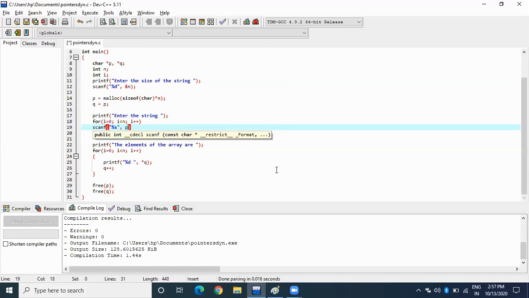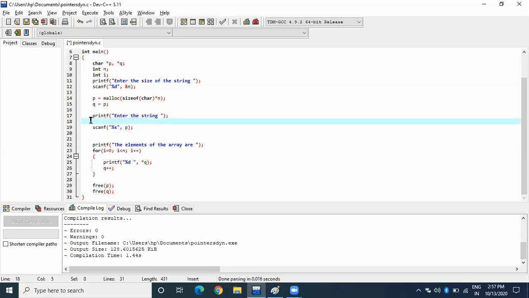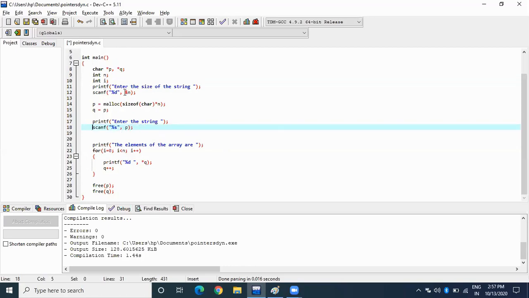The string is to be put in the memory which is pointed to by p. We don't need a loop here, obviously. We will ask the user to enter the string, and that string will directly go to the memory allocated to p. %s means the string. Once we have taken the string, then we can just